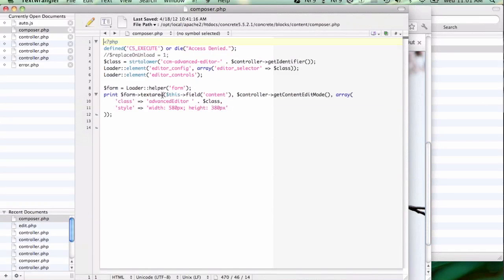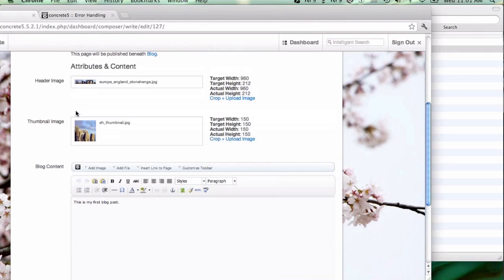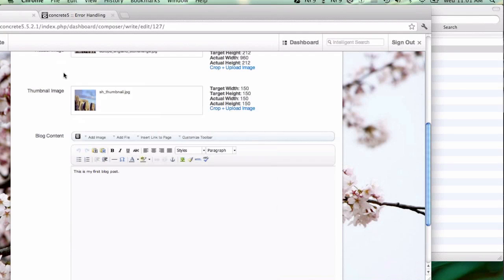And to do that, what that means is you can't have any conflicting names of form fields. So when adding blocks through the UI on a page, you're only ever adding one block at a time. The block itself is self-contained, so you can name the form fields whatever you want. Unfortunately,